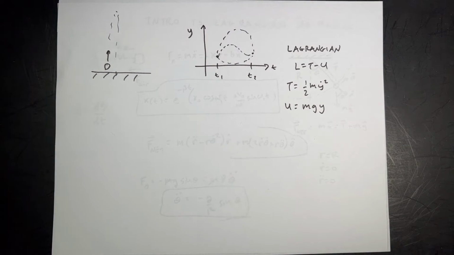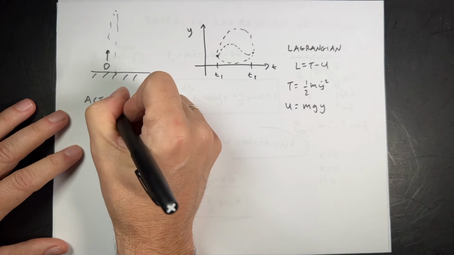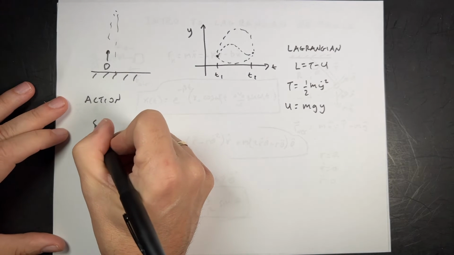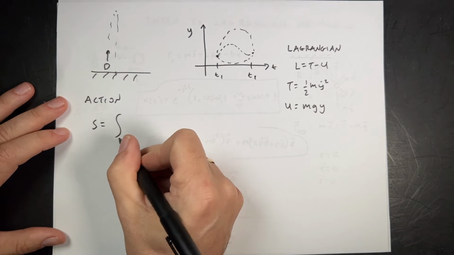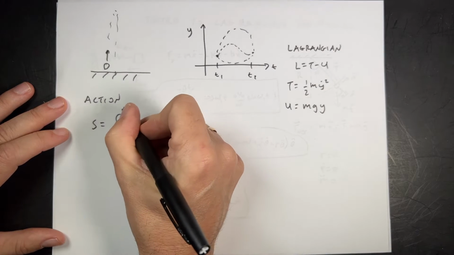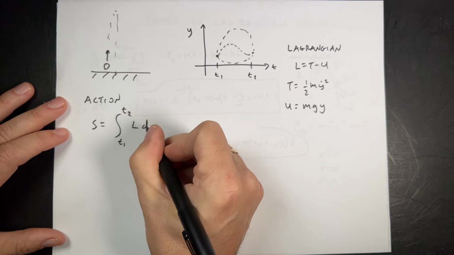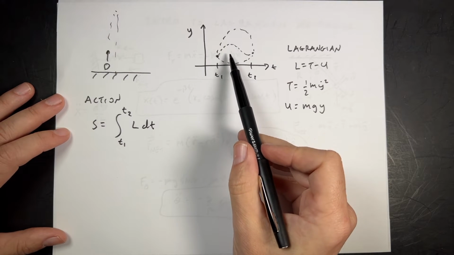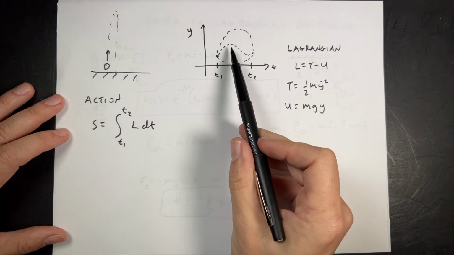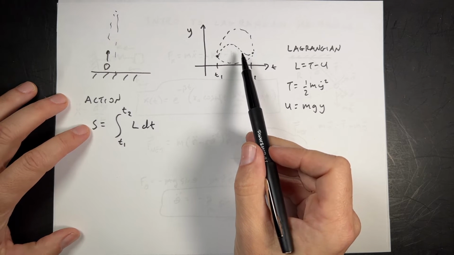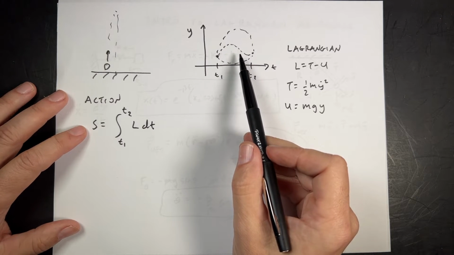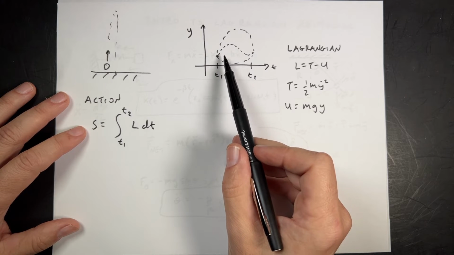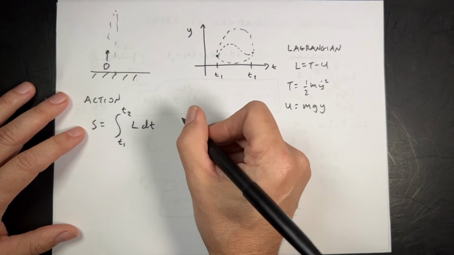So if I have that Lagrangian, then it turns out that I can calculate the action. So the action is going to be an integral from t1 to t2 of L dt. So if I calculate L along this path, the Lagrangian, kinetic energy minus potential, and then I integrate that over time, I get the action. So here's the cool part. It turns out that the actual world path, the real trajectory,